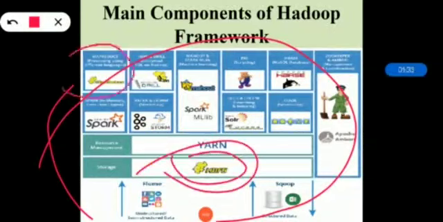So starting with the MapReduce. This is the programming model for Hadoop. There are two phases called map and reduce. There is a shuffle sort between map and reduce actually. The job tracker manages the 4000 plus components of MapReduce job. The task tracker takes orders from the job tracker.